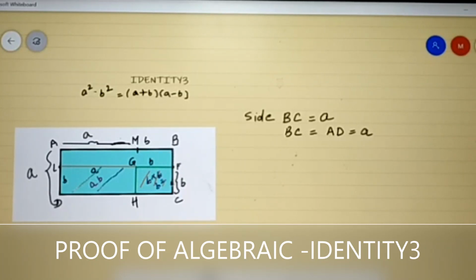Now you know the total breadth is A. This is AD, which is equal to A. So BC is equal to A and this part is B. So this part only we have this A minus B, that is this length is A minus B. BF is A minus B.